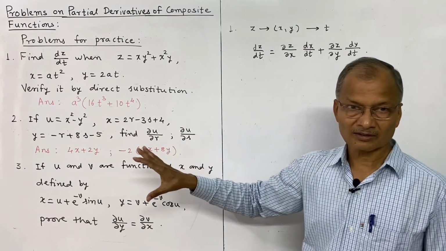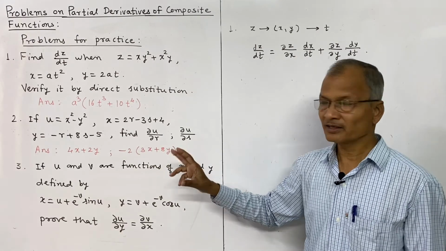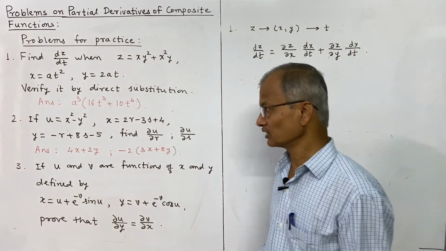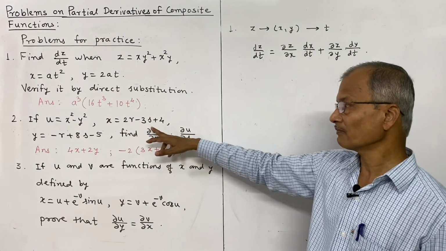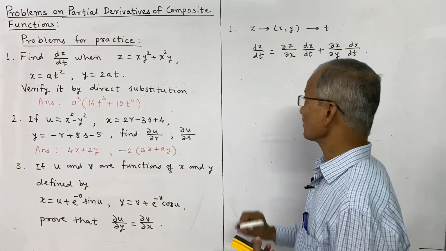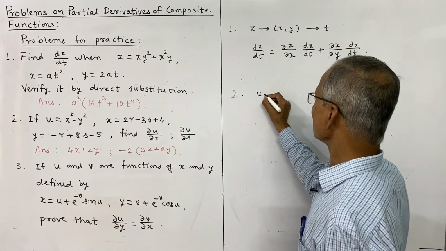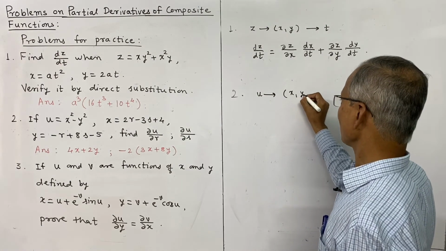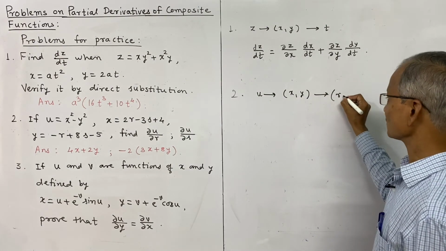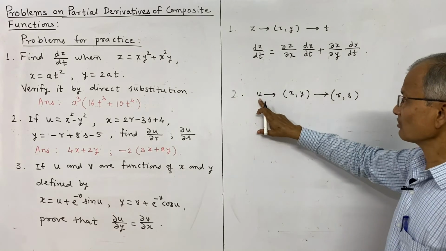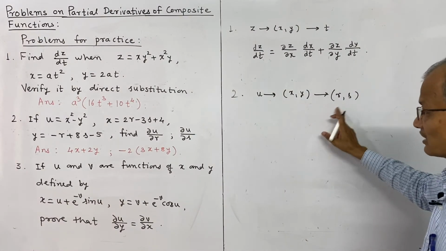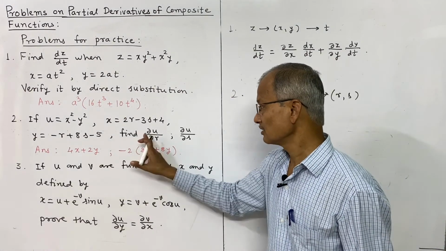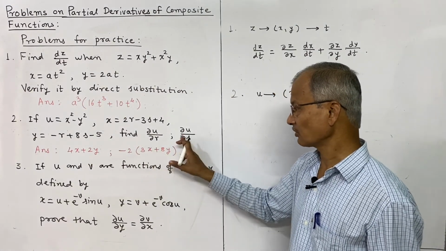So we have solved this type of problem. Here there is a change in only notation, variables. For the second problem, you see u is a function of x and y, and x and y are functions of r and s. Then we have to differentiate u partially with respect to r, and u partially with respect to s. So these are the answers. So this is for the first and this for the second.